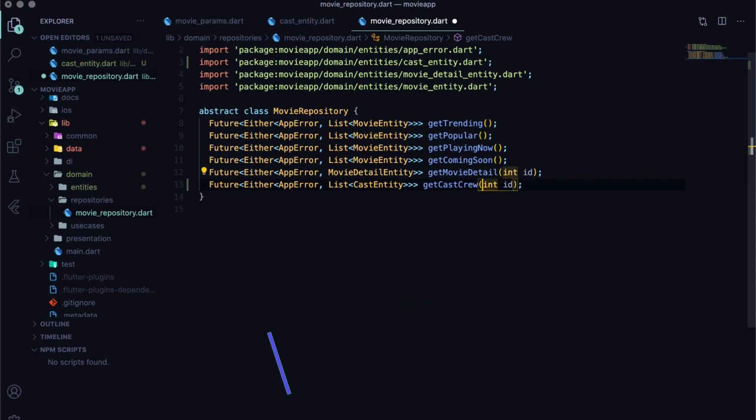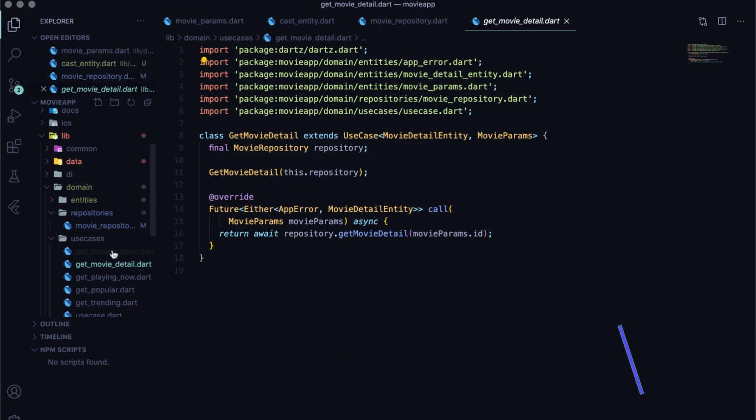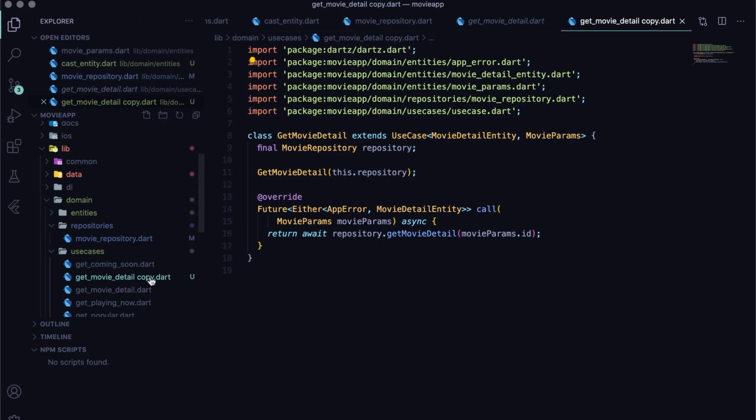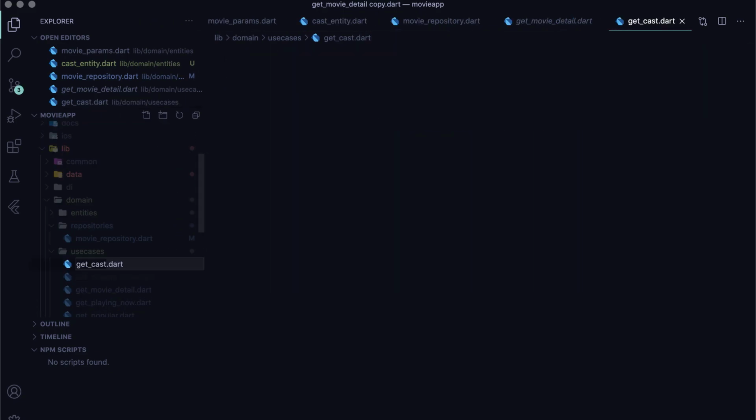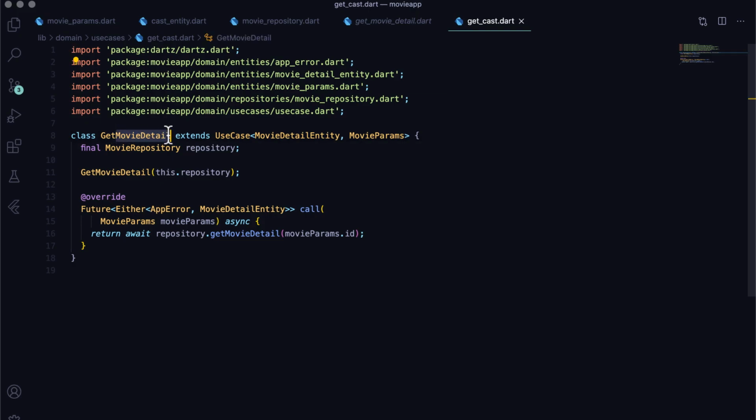Now let's do the use case that invokes this method. If you have seen previous videos, we are using use cases only in the blocs. Create a new use case in the domain/usecases folder. Since we have already created some use cases before, copy any one of them and change the name to getCast.